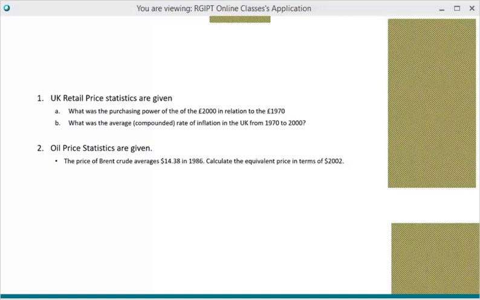What I am saying is, in today's terms, if you think about 100 rupees today, how much was it worth, let's say, 20 years ago? So this is what we have to look at. So what will we do for that?